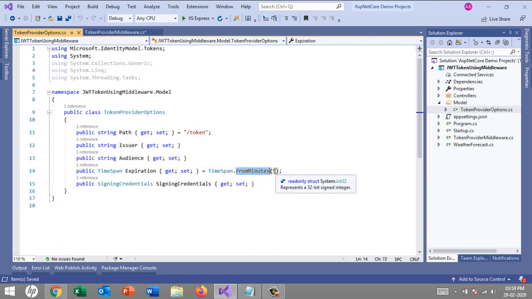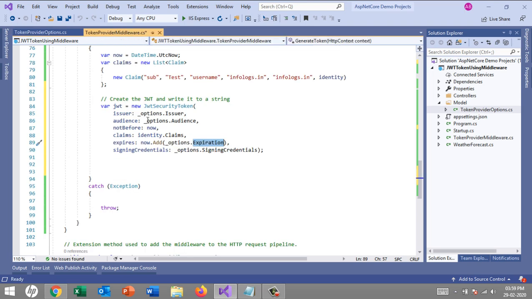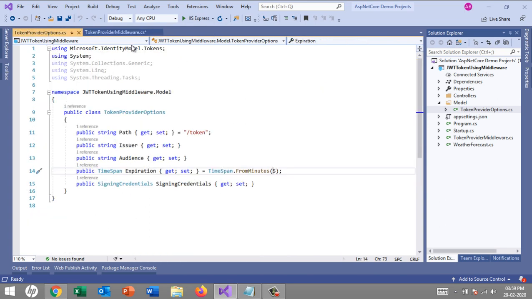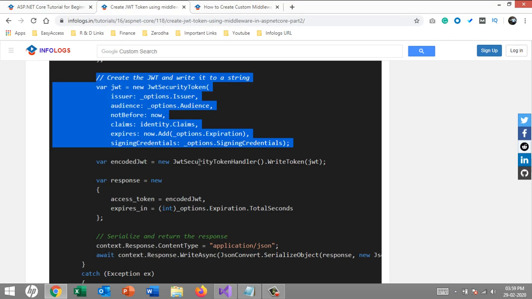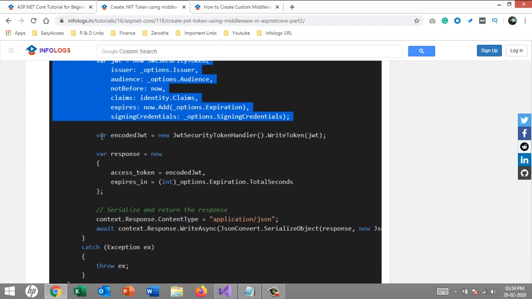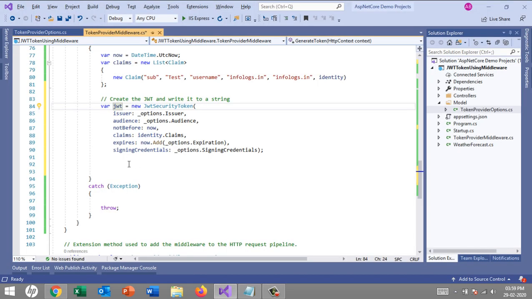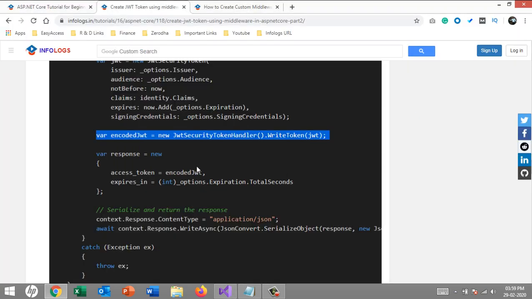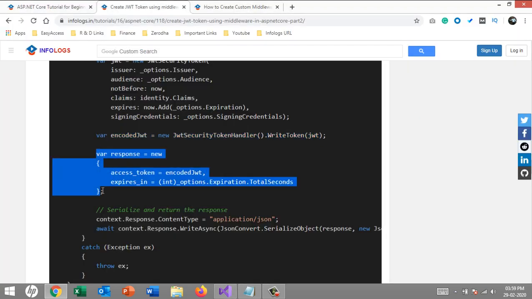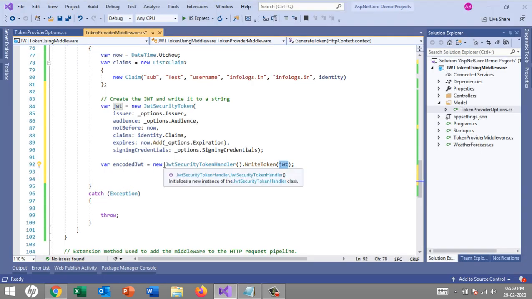Okay, you can also initialize it by hours, so it will be 8 hours and all that. The signing credentials will be whatever we set in this property. Okay, that will be done in the Startup.cs. Okay, so now we have a JWT object created, and now here we'll go for encode. So here the JWT handler will encode that. It will write the token by using this JWT object, and then as a response we are sending the access token,